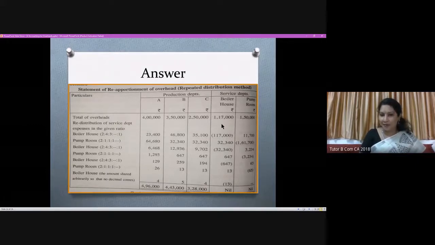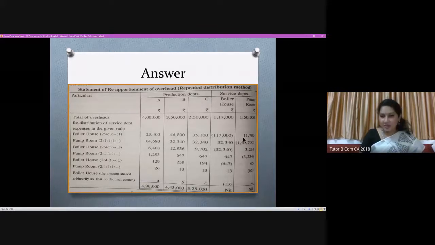Now we know that, looking at the primary distribution summary, the total of the overhead expenses for boiler house is 1,17,000. So I'm going to nullify that. The first step to be done by me is to put this here in brackets, 1,17,000. I'm nullifying. Now what am I going to do with that? I'm going to share that with department A, B, C and pump room. I'm sharing that with different departments, in the ratio which is already given in my question,